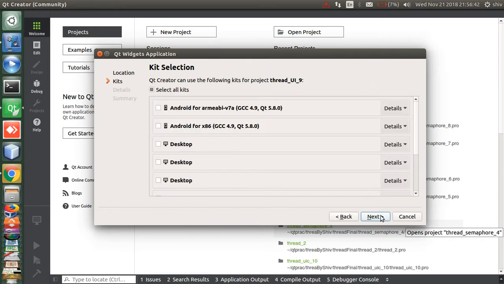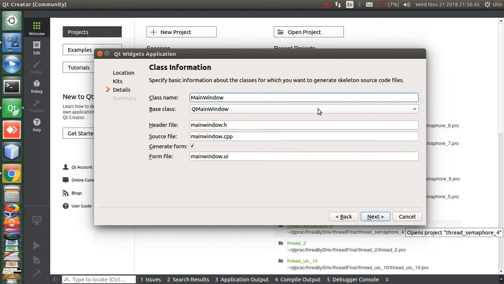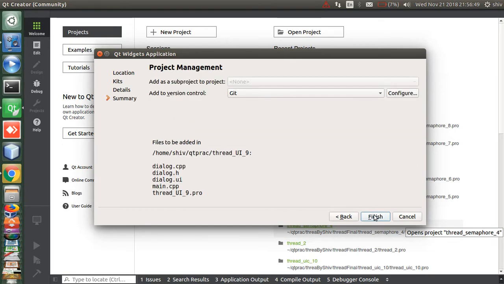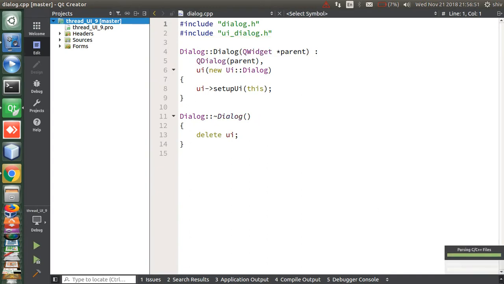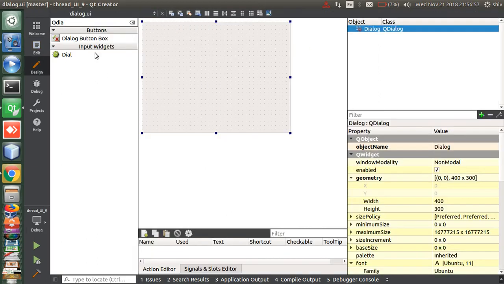So next, here we will take base class as a QDialog. Next, finish. So first we will design a form to show the thread on the user interface. So click on the